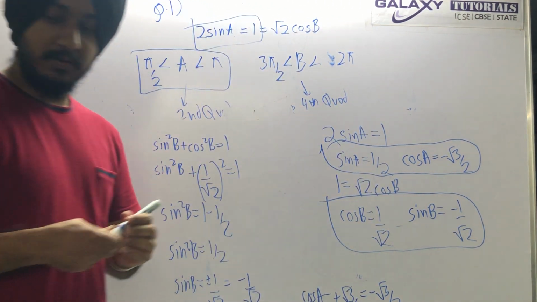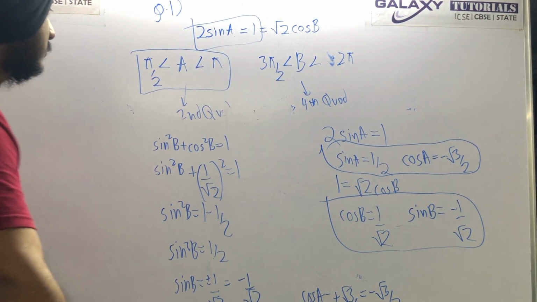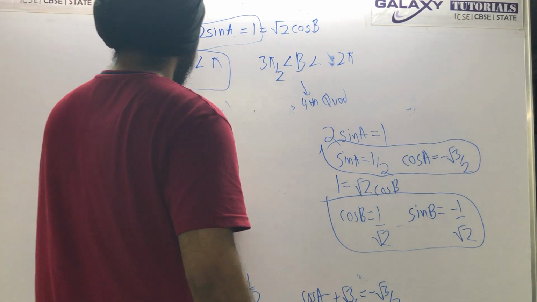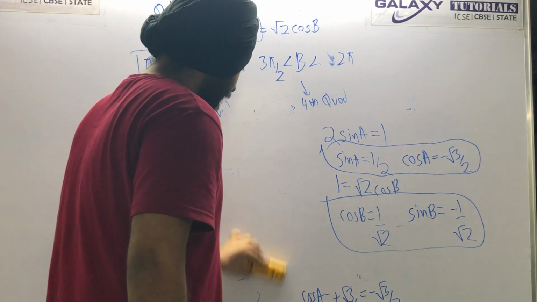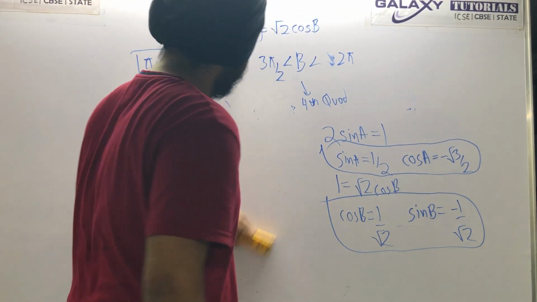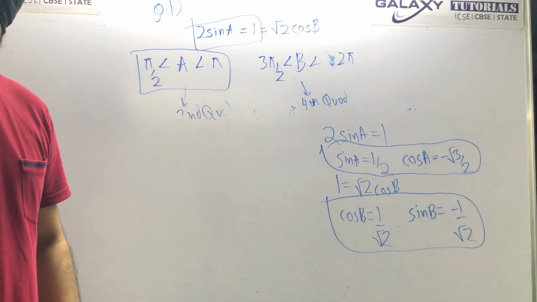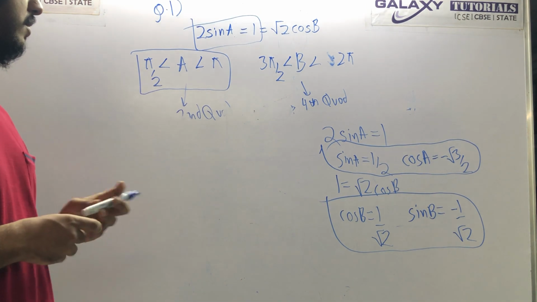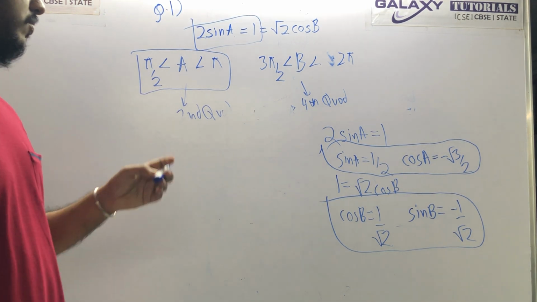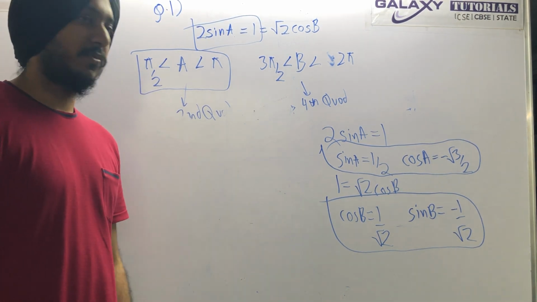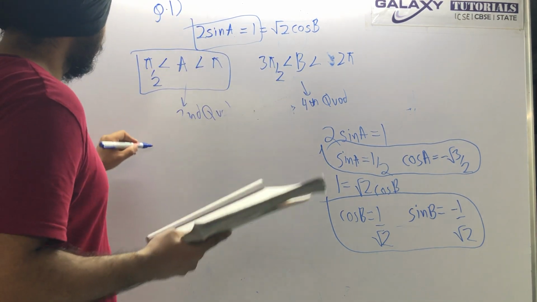These are the four values. Now we will find what they have asked us in the question. Sin A 1 by 2, cos A minus root 3 by 2, cos B 1 by root 2, sin B minus 1 by root 2. What they had asked us is